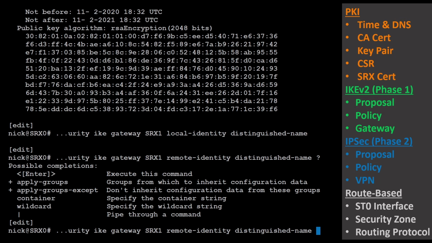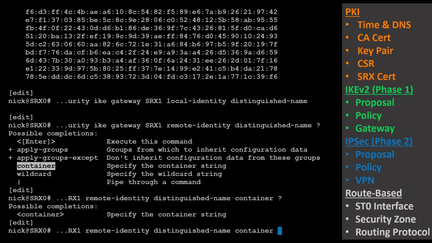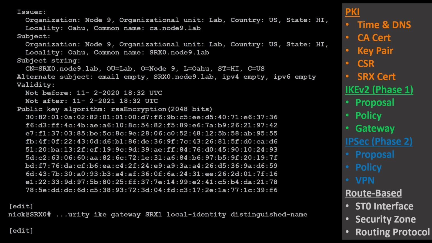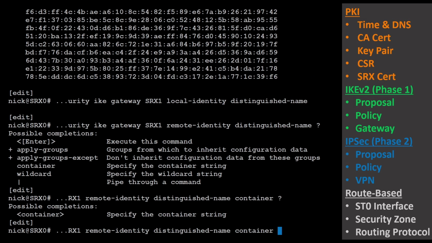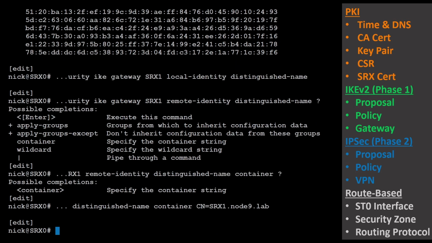But we're not going to leave it at that. We're going to say container, which means we're going to look at a specific distinguished name, and we get to pick what we look at. So what we're going to look at is the common name, and we're going to want that common name to look just like ours, but we're going to want it to say SRX1, right? So now, if we just look at this real quick,